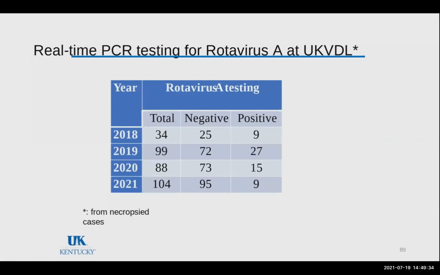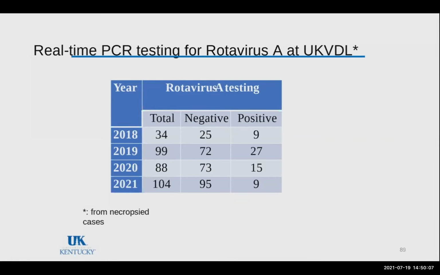And you see the years, and also the total numbers, and you see that there is positivity in pretty much every year since 2018. This is the year we started with this multiplex equine diarrhea panel. So we can look at our data retrospectively and see how many samples we processed, tested, and how many were positive. As you can see, there is a lot of positivity over the years for rotavirus A,